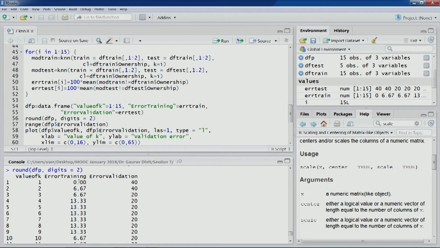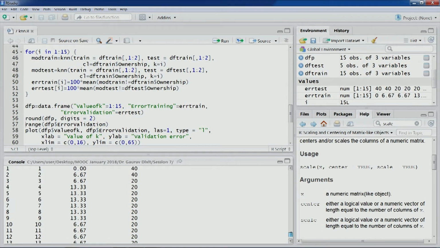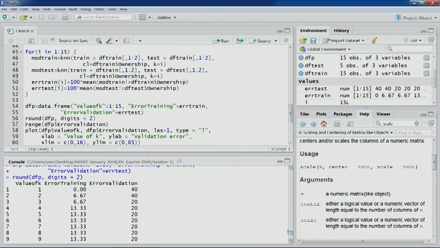Here you can see that the training error starts from 0, and then the validation error starts from a higher value, and as we increase the value of k, it goes down. Some peculiarities are still there, but it is better than the previous cases. It decreases or remains the same, and then further increases at the extreme points. So the optimal value of k would have to be identified using the validation error.